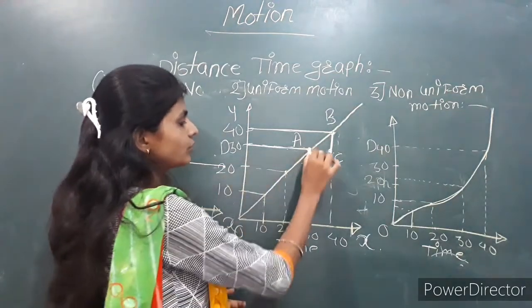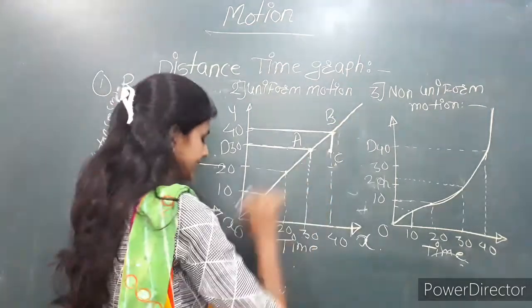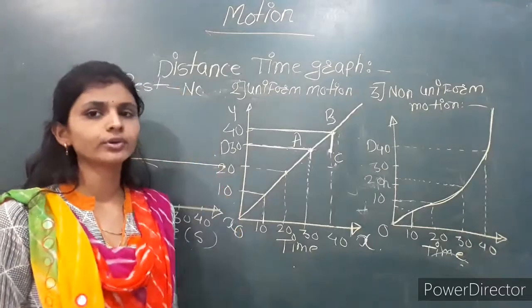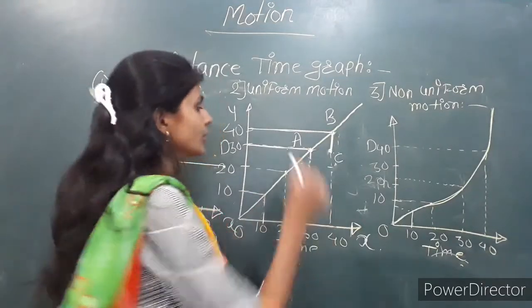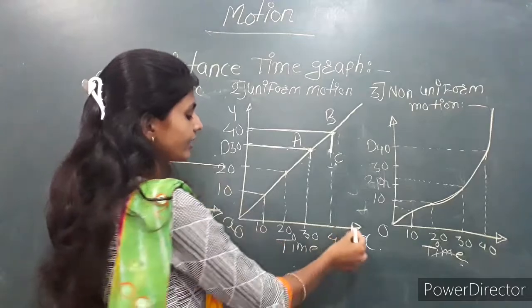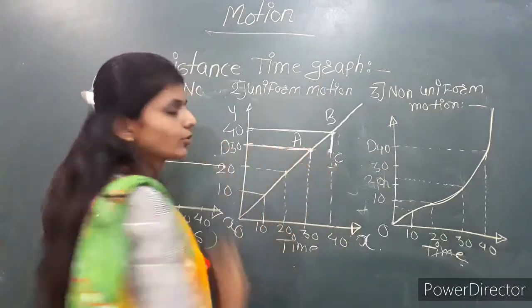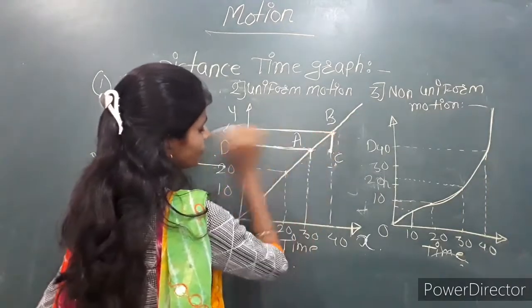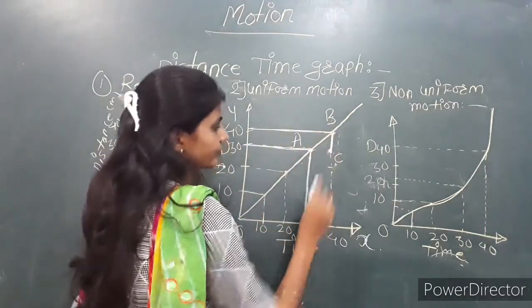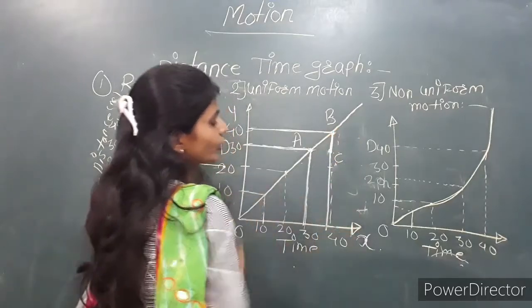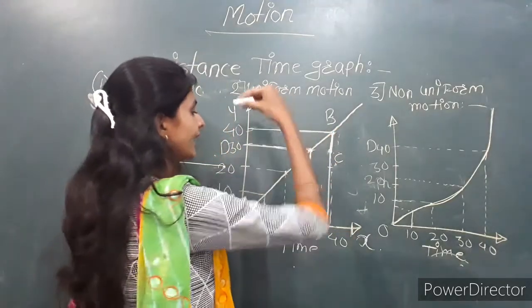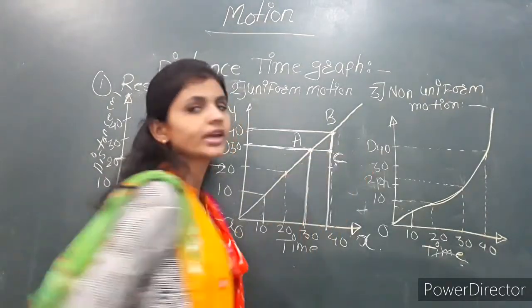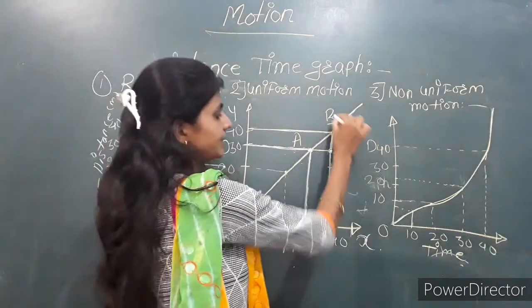So we take 2 points on the straight line, point A and point B. By using these 2 points we can calculate the speed. So how to calculate, let us see. From point A, start to draw the parallel line with the x-axis. From point B also we have to draw the parallel line. Then here we can see that the two lines intersect each other at point C, and we can form the triangle ABC.